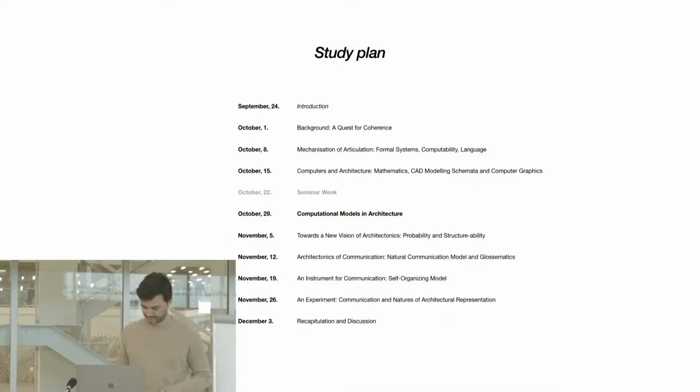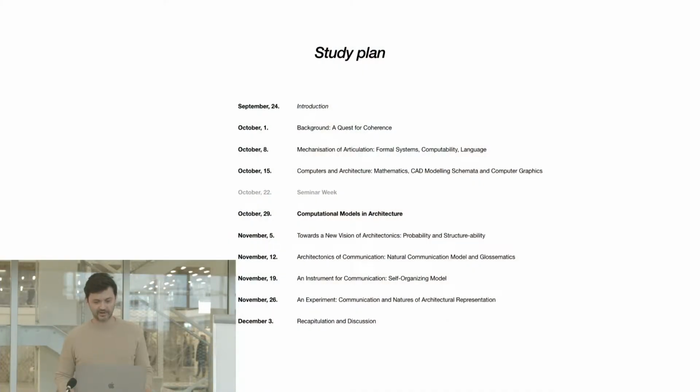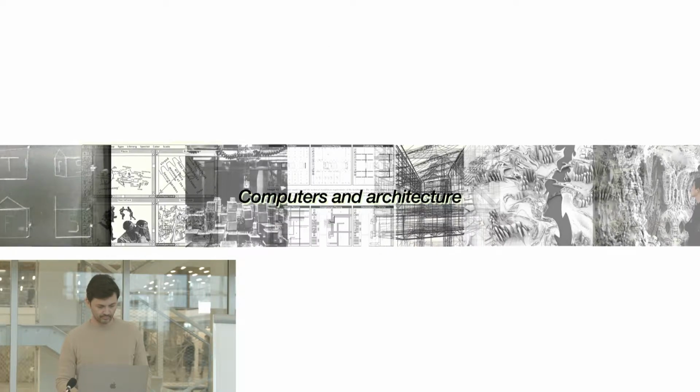Our fifth meeting here. It's about computational models in architecture. And last time we started discussing these early connections between computers and architecture. And these connections between them were mostly on the level of infrastructure, not on the level of design, if you